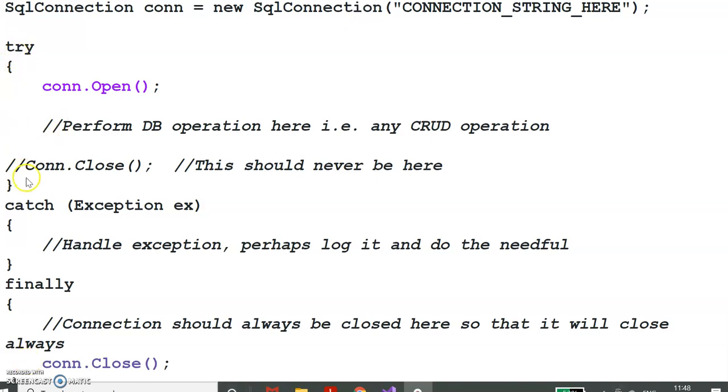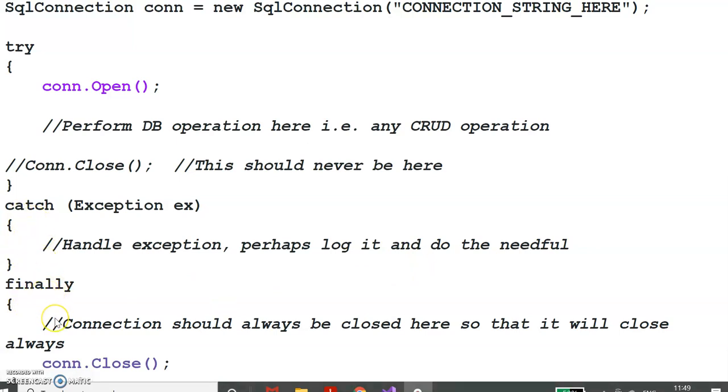Within the try block you write the code that you want to perform. If any error occurs, then it will be caught and handled by the catch statement. So here catch exception EX, and then you write what message you want to print on your web browser, so you can handle that in this catch.